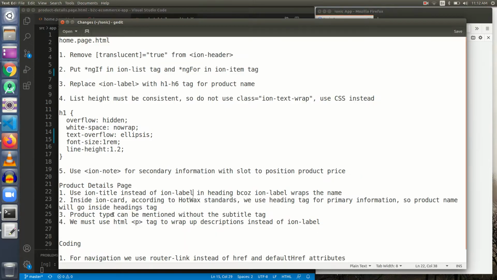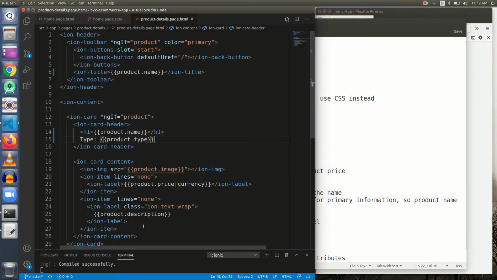So this is one of the changes. Let's go to the next change. For descriptions, again we have used ion-label for description, and label is to just specify information about something. We are going to use a paragraph tag here, and we are going to remove ion-text-wrap as well.